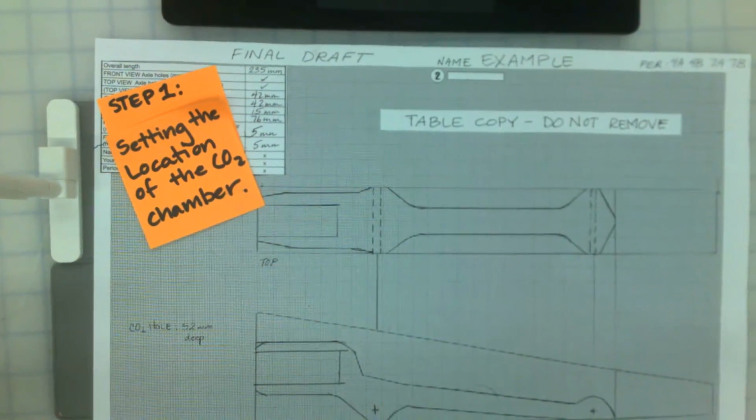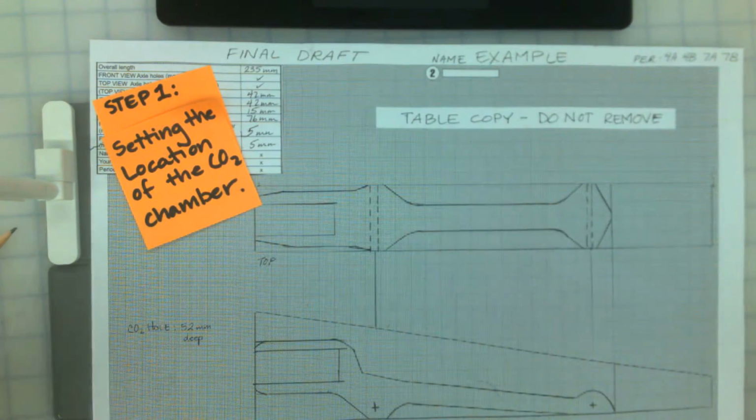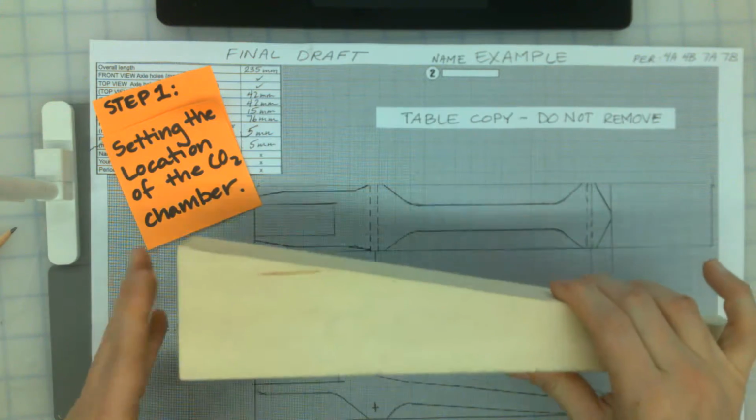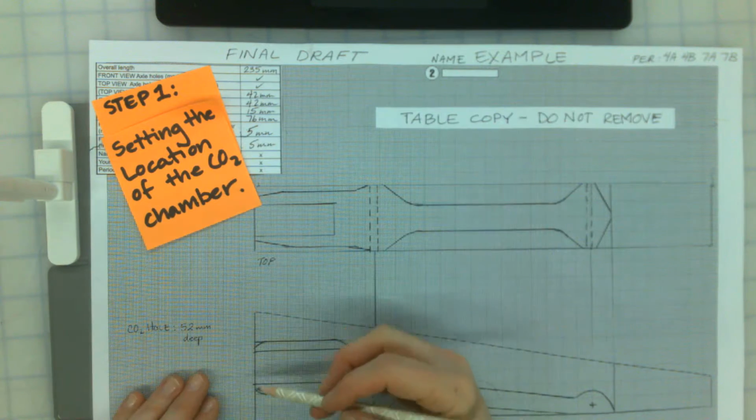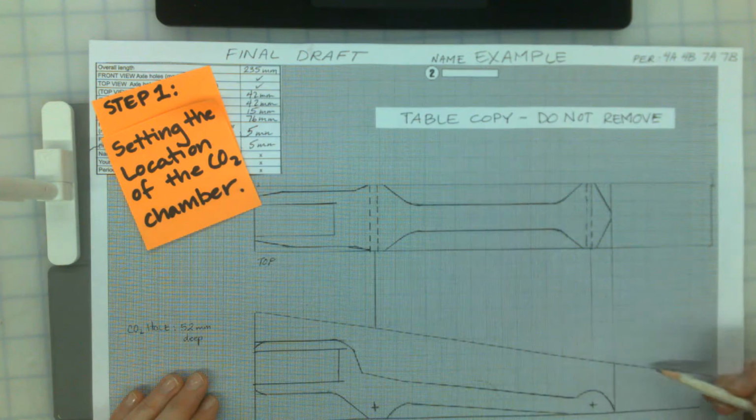Okay, so what we're going to do is step one of setting our template onto the block. Step one is setting the location of the CO2 chamber. What you're going to do is cut out the entire outline of the entire block on